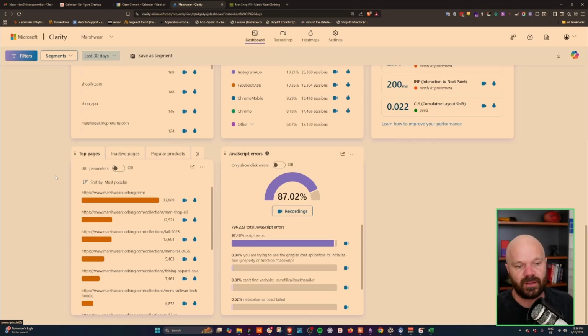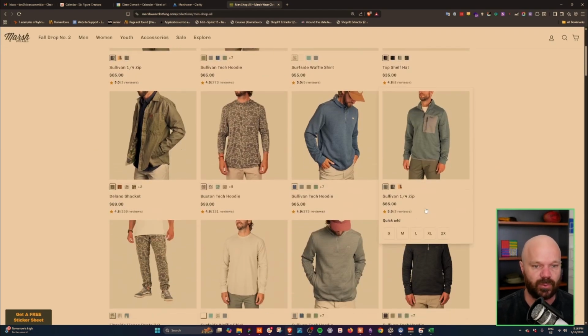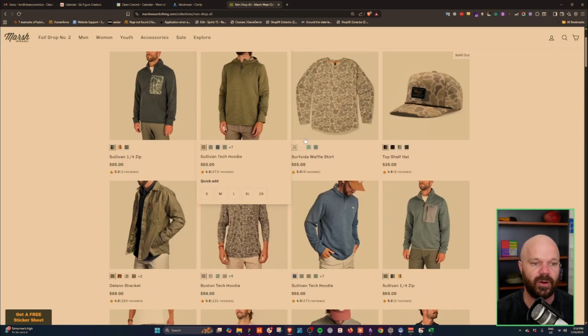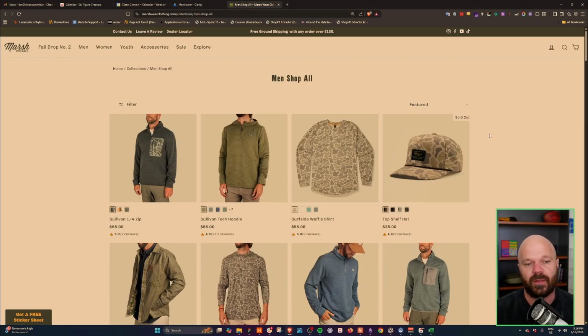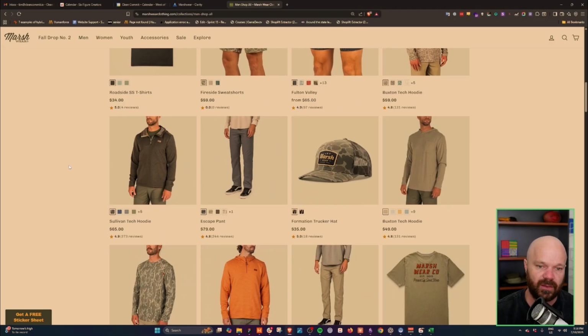For us and in this demonstration, I actually have something that I want to check out. So Maskwear are driving paid traffic to their collection page, which is a good idea. Not everyone knows what they want, and they know that Maskwear have great products, but they'd like to view the products. I'm not certain that the order that we have the products arranged in at the moment is ideal, and